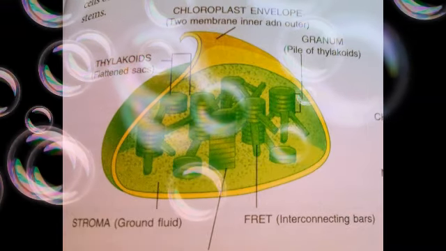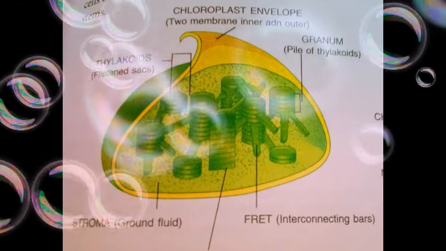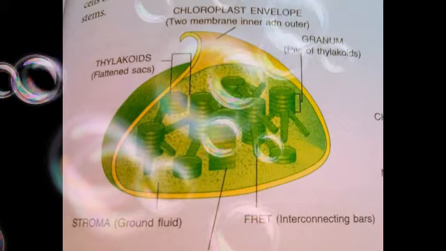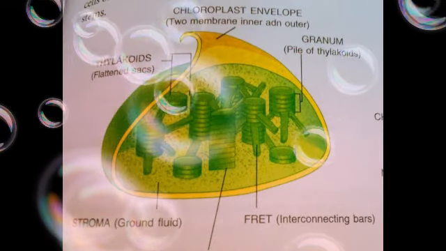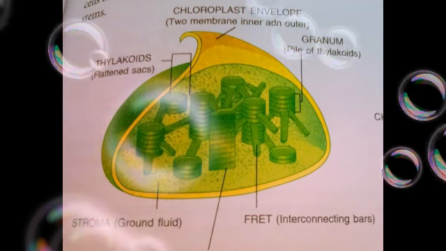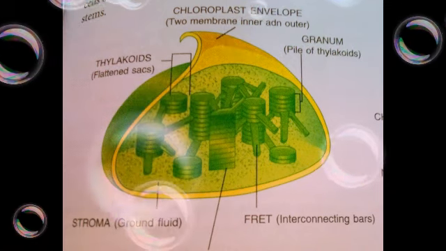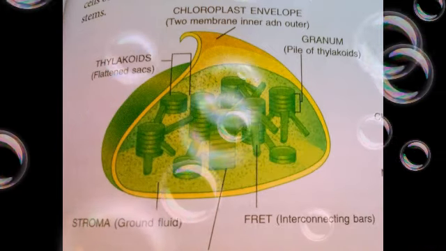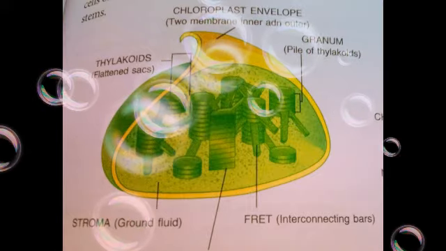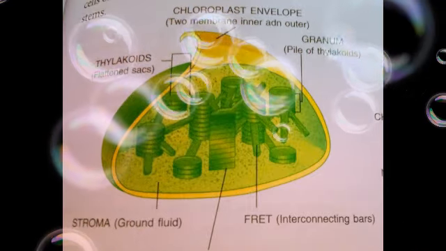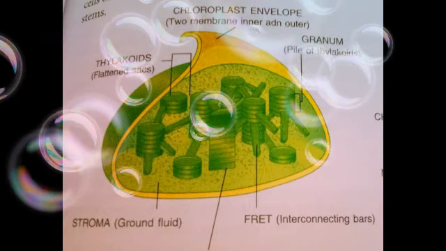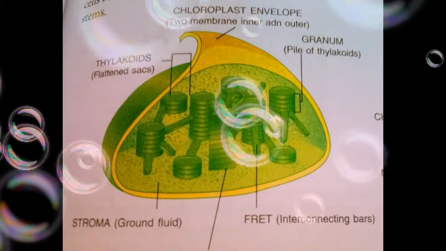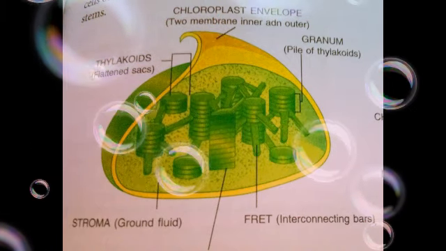The green coloring matter found in the plants is called chlorophyll. There are more than 5 lakh chloroplasts per square millimeter of leaf surface, and you will be surprised to know that 9 types of chlorophylls are there, and chlorophyll A and chlorophyll B are the very important and most abundant chlorophylls present in the leaves.